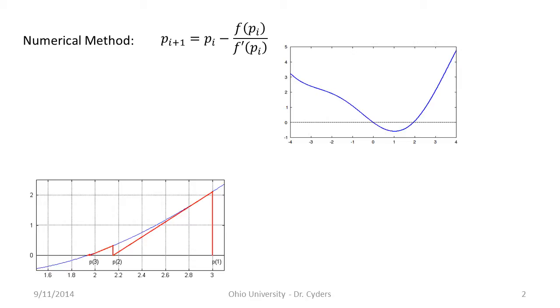I'm going to take the derivative, and I'm going to divide the function value by the derivative value at that point, and then subtract that from my guess. That gives me the intersection of the tangent line with the x-axis. And it does this repeatedly. And so I'm going to take that tangent line, draw it, come down here, and then this is my next guess. So this is guess 2. And so guess 2 I'm going to take up to the curve here, and I'm going to repeat the process